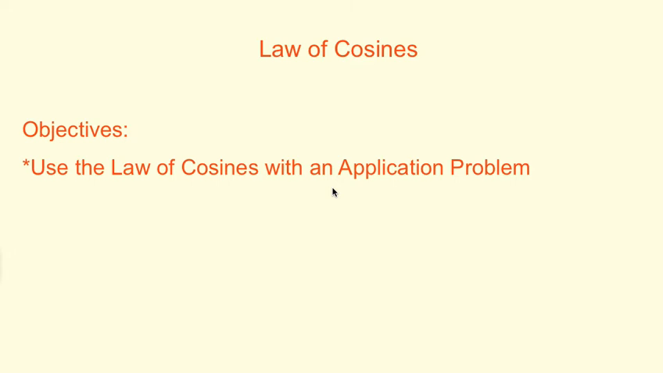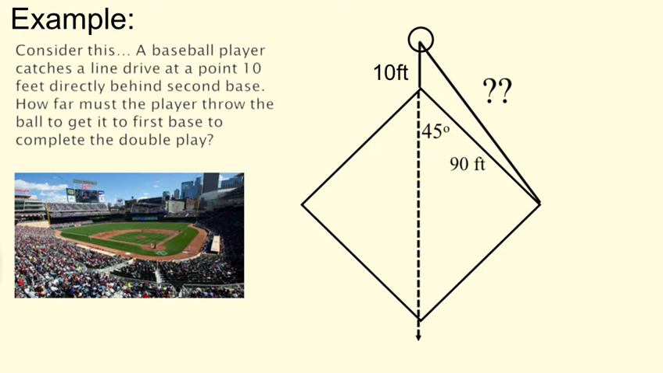Here's an application problem using the law of cosines. All you need to do is draw the picture. What the picture represents is a baseball player catches a line drive at a point 10 feet directly behind